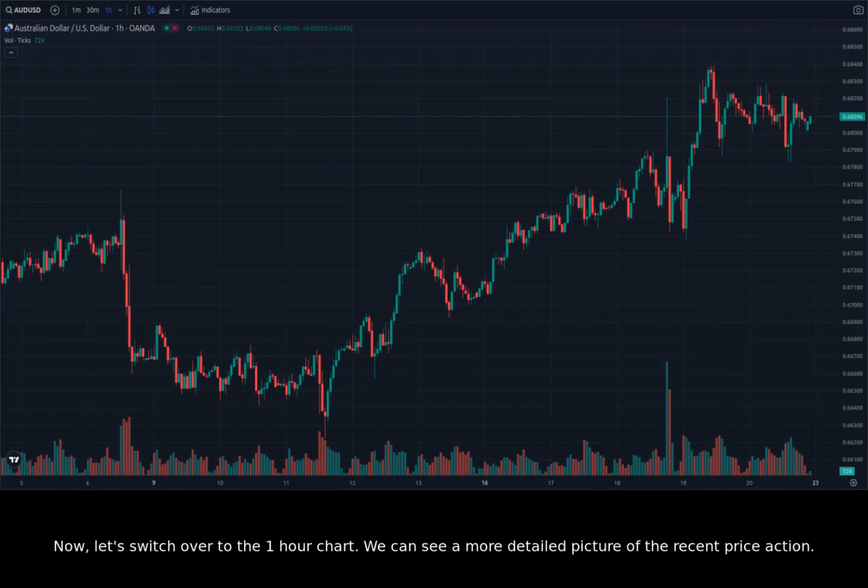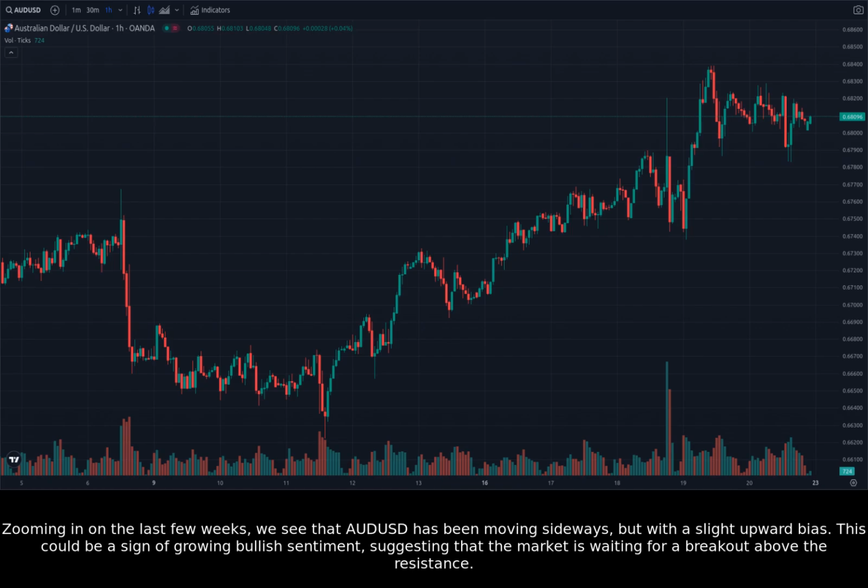Now, let's switch over to the 1-hour chart. We can see a more detailed picture of the recent price action. Zooming in on the last few weeks, we see that AUDUSD has been moving sideways, but with a slight upward bias. This could be a sign of growing bullish sentiment, suggesting that the market is waiting for a breakout above